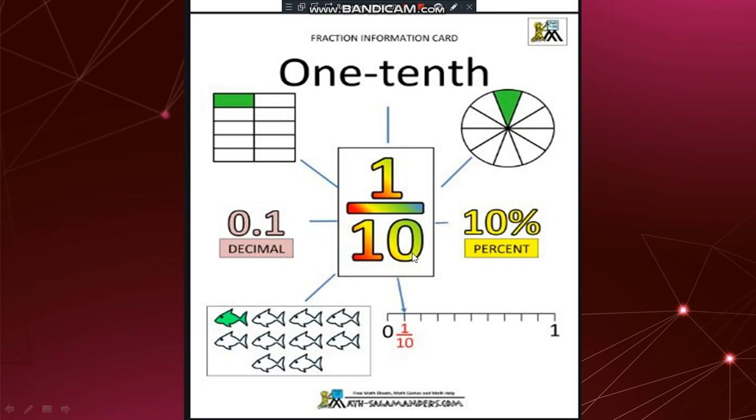It's a very simple trick, children. As you can see, 10 has 1 zero. One zero means 1 decimal place. So you have to leave one number and put the decimal point. Here there's only one number, so leave this number and put the decimal point over here. You can just leave the space as it is, or if you want you can put 0. This is how you write the decimal. These are the pictorial representations of 1/10. It is called tenth, whereas 10 is written as the number 10 and 1/10 is written as 1 upon 10.